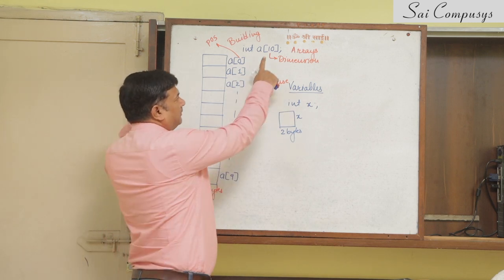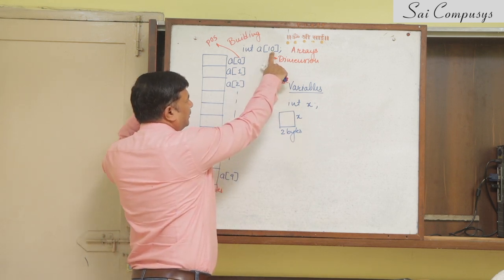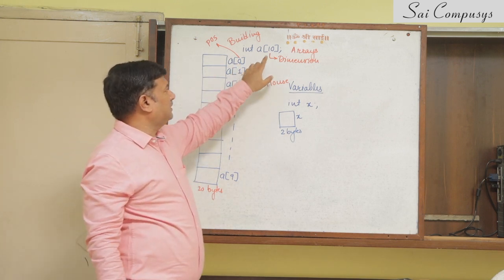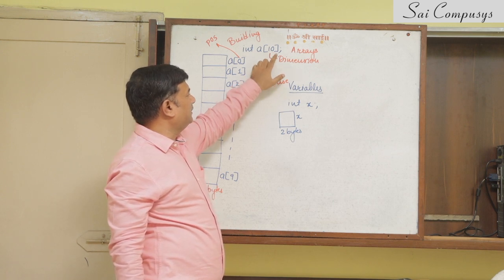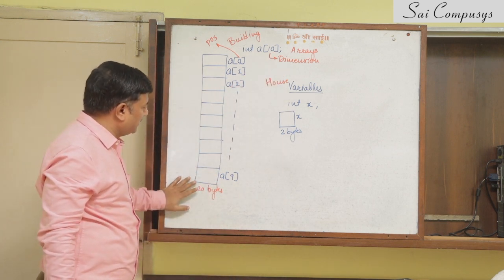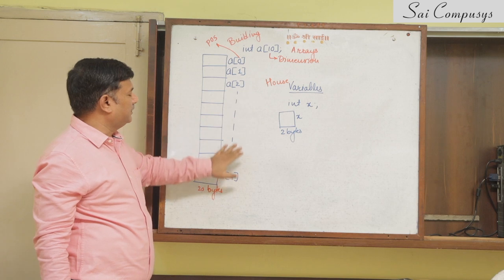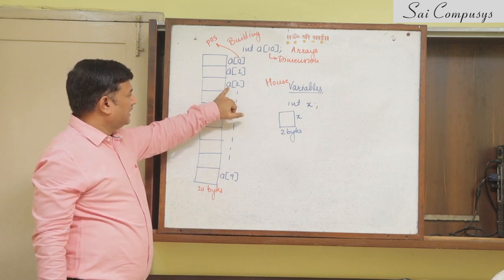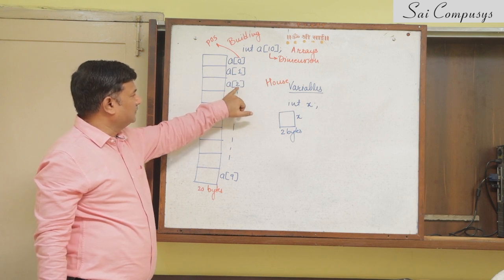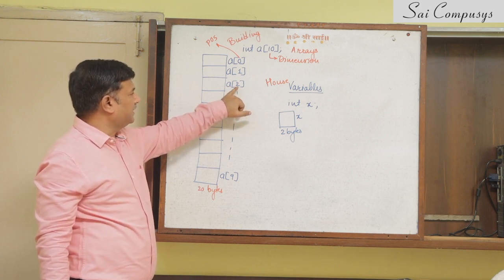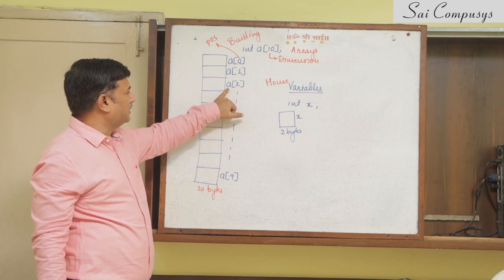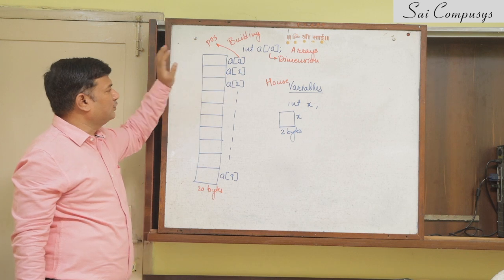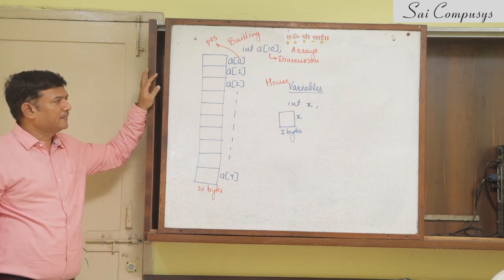While you declare an array, this is different. When you use an array, this is representing a different thing. When you declare an array, this stands for the dimension, the number of elements in the array. When you are using the array, this stands for the position of the element in the array. A of 2, you should say, this is the name of the array and this is the position of the element. You should say element on the second position of array A, element on the first position of array A, element on the 0th position of array A.